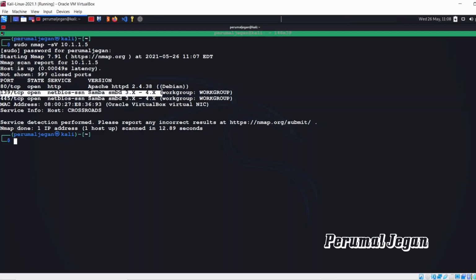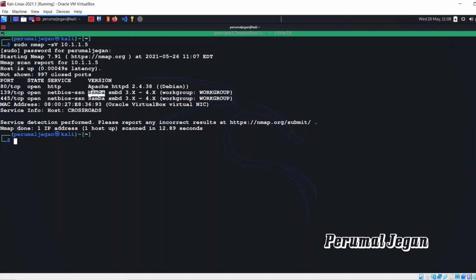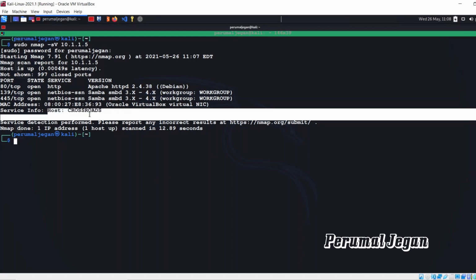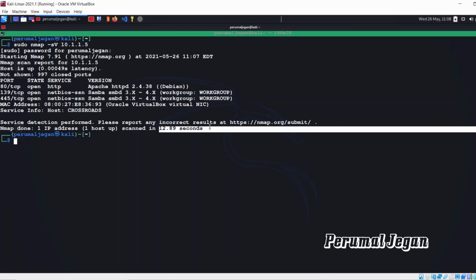And then this target is running a few other services. 139 Samba, the file sharing service for Linux, and also 445 running the same service, and the version is within the range. When Nmap doesn't guess the version exactly, it will give you an approximate result. Otherwise, it will confess it couldn't detect the version. So it's a great tool indeed. Perfect. It also grabbed the host name, which is really interesting. It took almost 12 seconds alone.